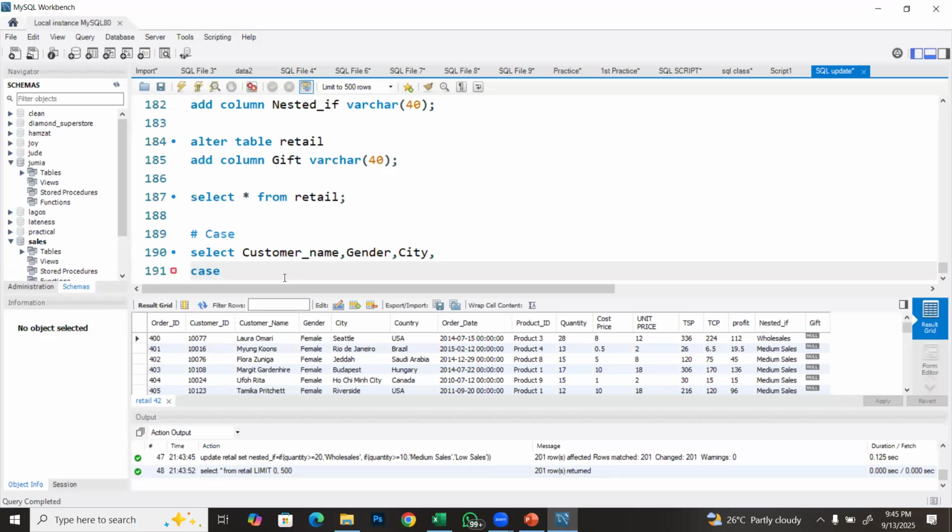Case. What should happen? When quantity is greater than or equals to 20, right? When quantity is greater than or equals to 20, what should happen? We will now say then what? Then the result will be, let's say the gift will be,